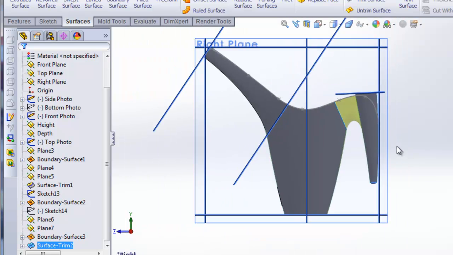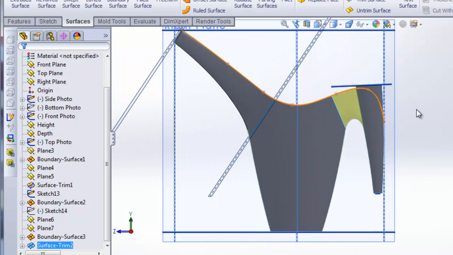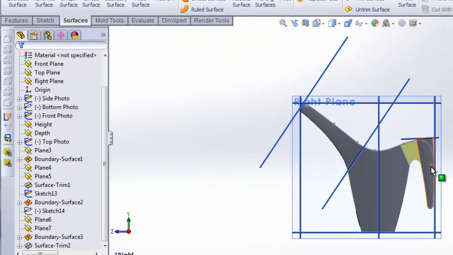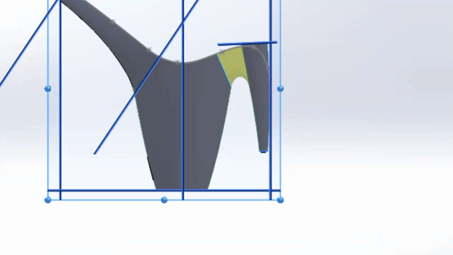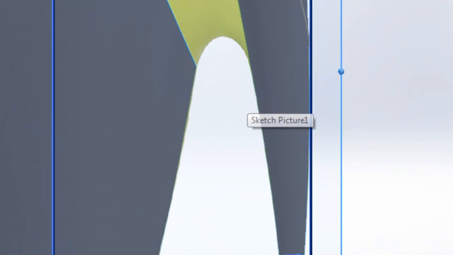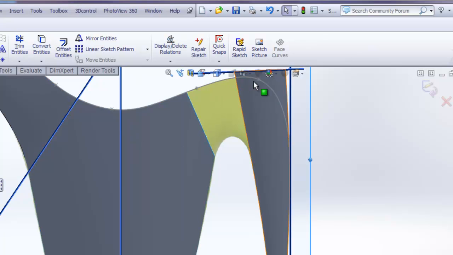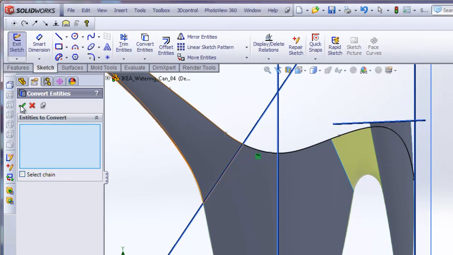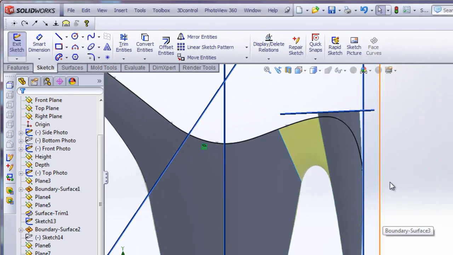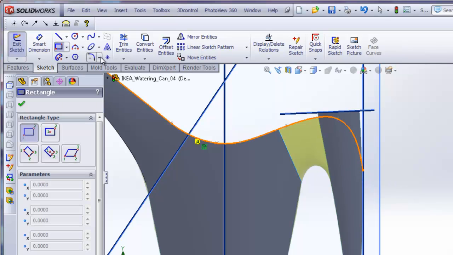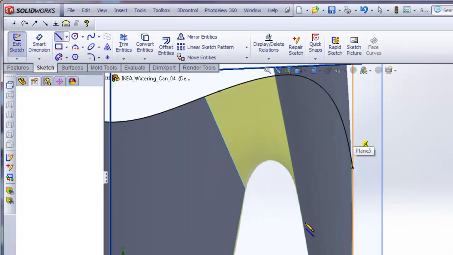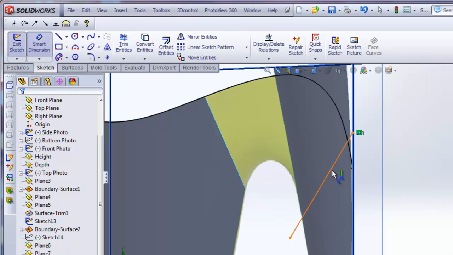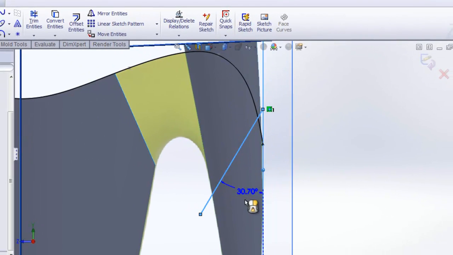Okay. Then I'm going to trim this part. So on the right view, I'm going to make a sketch. And I'm going to click on this main spline curve again and convert it. So now I have a converted line. Then I'm going to draw just a straight line. Maybe something about here. Escape, to get out of that line creation,